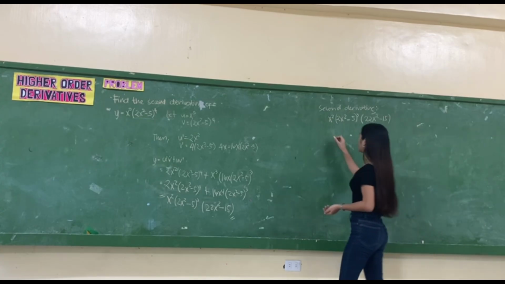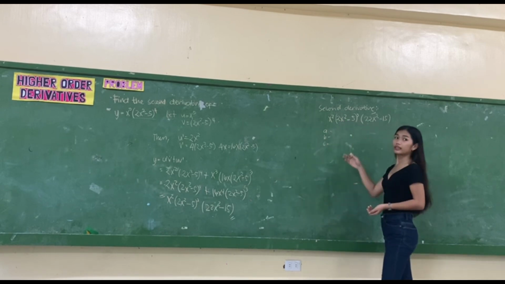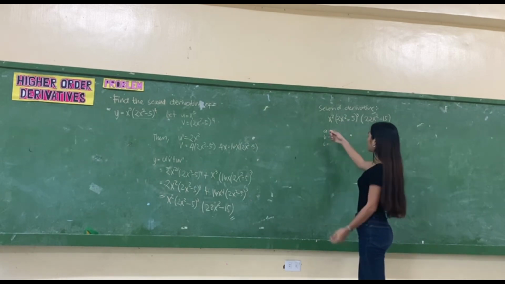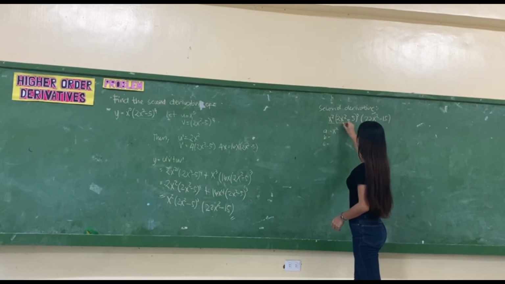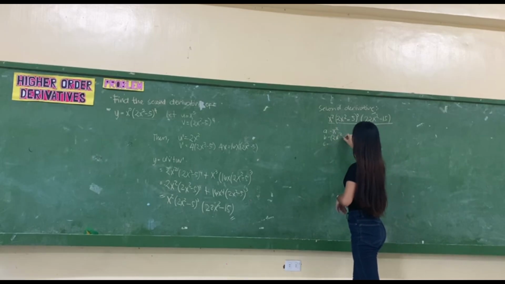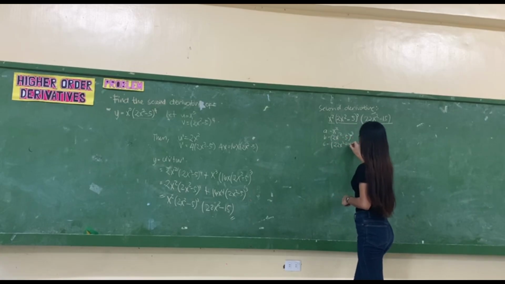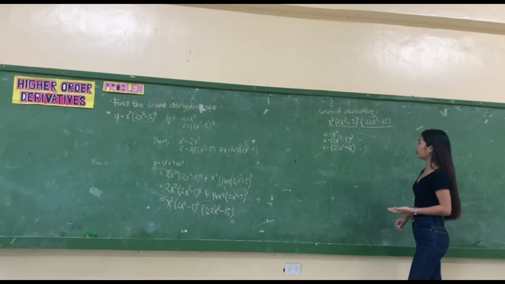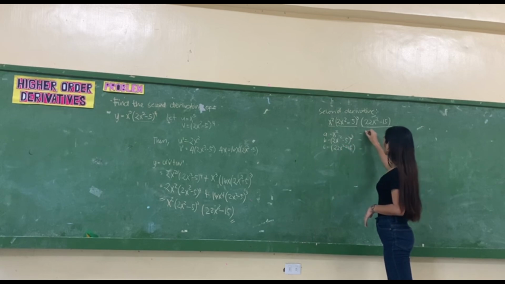First thing is we need to find the a, b, c, since these are three functions. Our a is x squared, our b, our second term, is (2x squared minus 5) cubed, and our c is 22x squared minus 15. Now that we have our a, b, and c, let's find the derivative of each term. For x squared, the derivative is